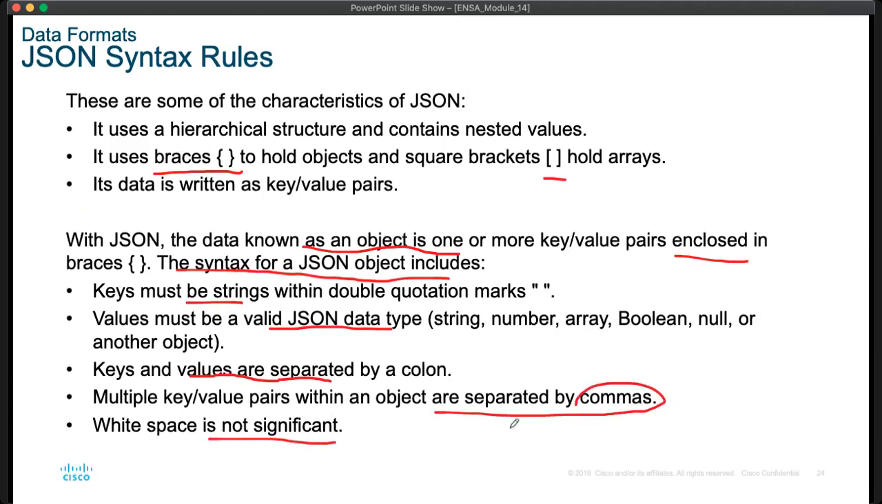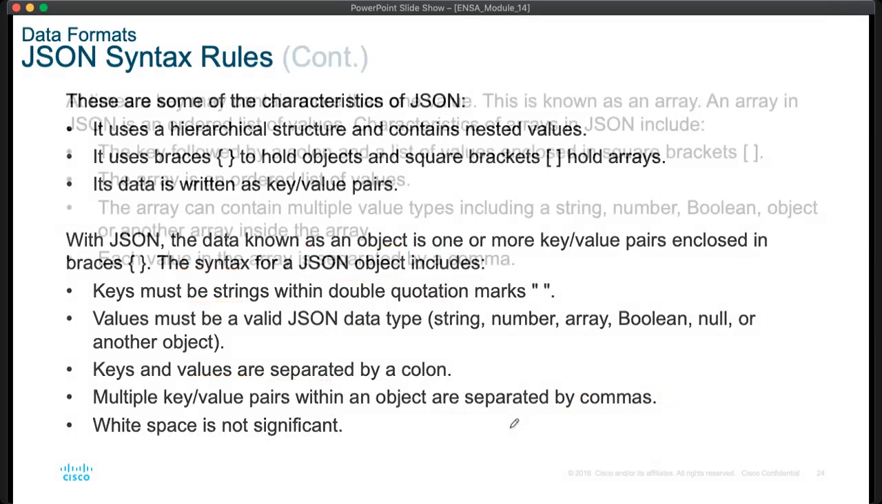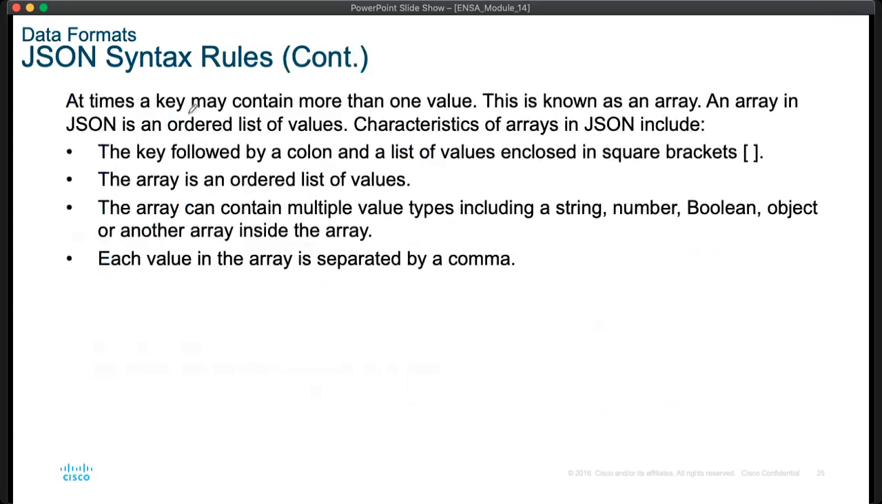This is some of the syntax rules in JSON. At times a key may contain more than one value. This is known as an array. An array in JSON is an ordered list of values. Characteristics of an array